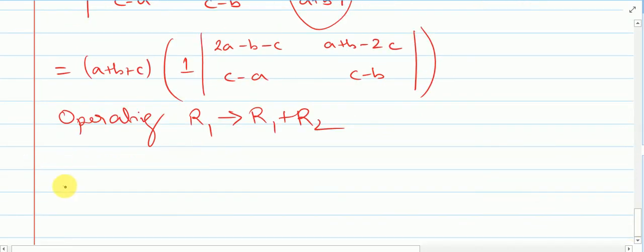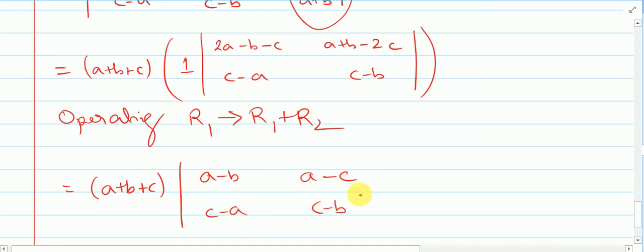Okay, so here we get a plus b plus c, and here when this second row is added to the first one, what will happen? c will get cancelled and one a will get cancelled, so a minus b, and here c will get cancelled and b will get cancelled, so we'll get a minus c, and here simply this. Okay,